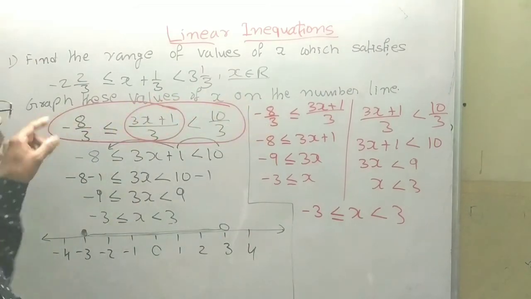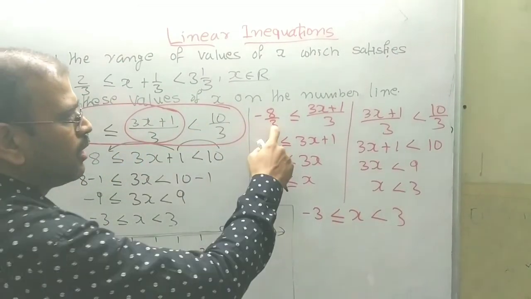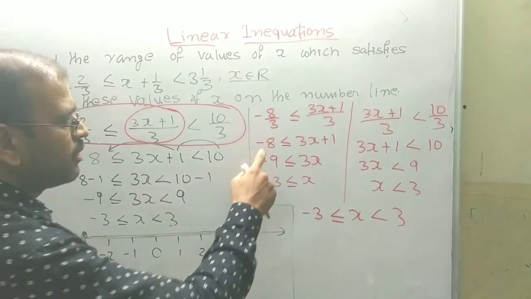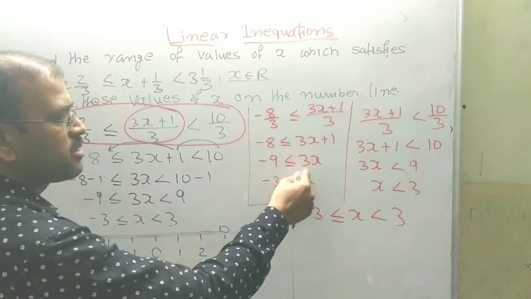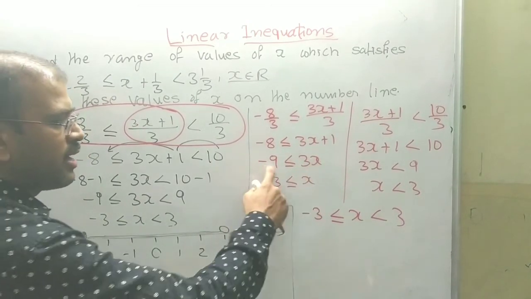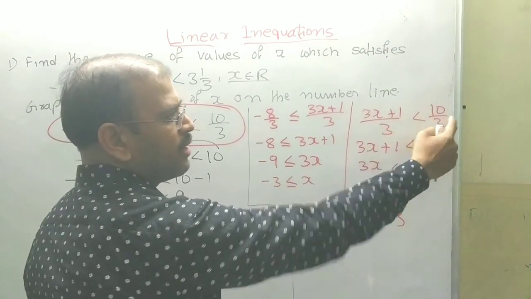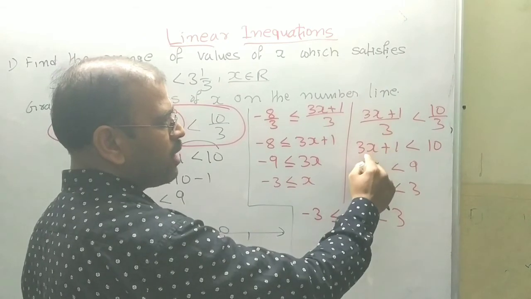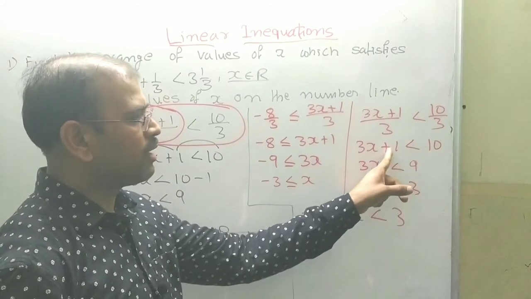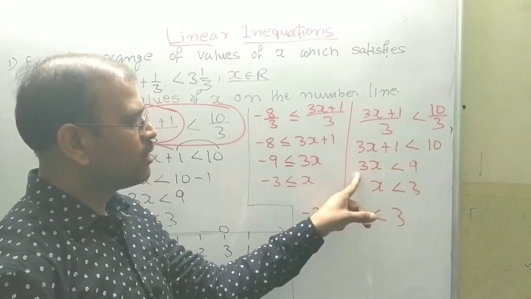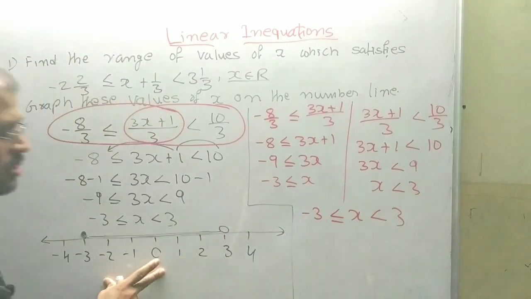In this method also, I have taken the first two values on one side, the other two values on the other side. Now the entire inequation I multiplied by 3. Then I got minus 8 less than or equal to 3x plus 1. This one you take to the other side: minus 9 less than or equal to 3x. This entire inequation we can divide by 3: minus 3 less than or equal to x. Similarly, the entire inequation multiplied by 3: 3x plus 1 less than 10. This one you take to the other side, then it will be 10 minus 1, which becomes 9. So the entire inequation we divided by 3. So both the things merging, the same thing you write for the number line.